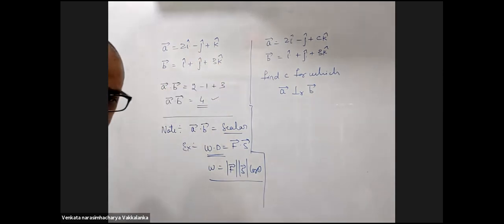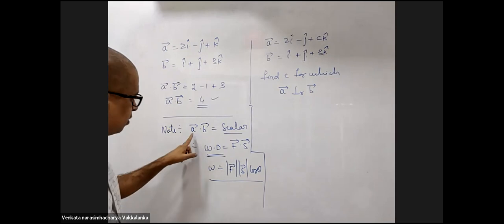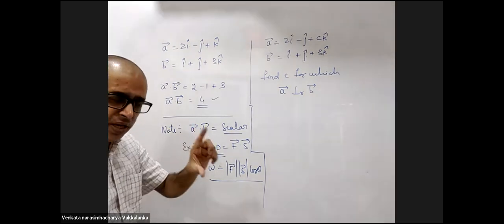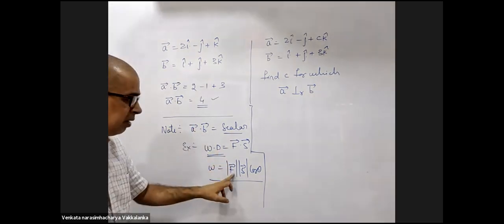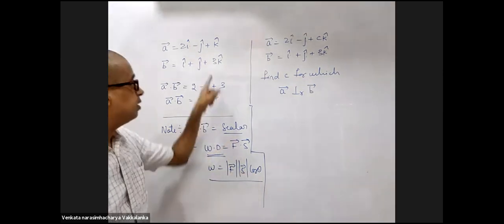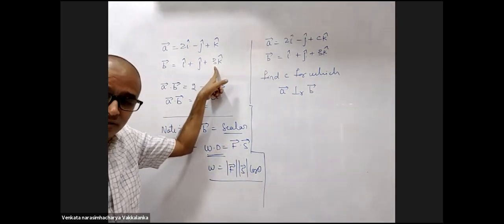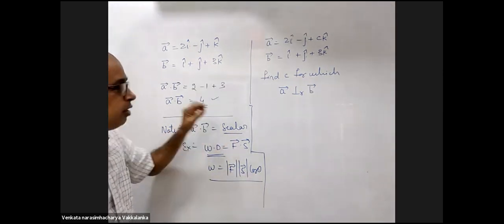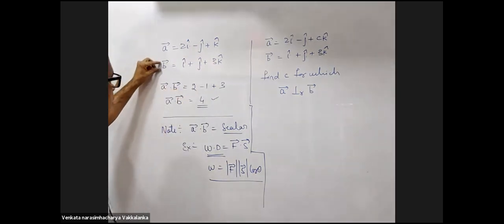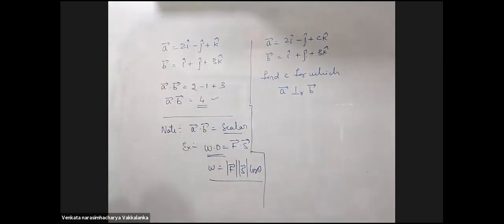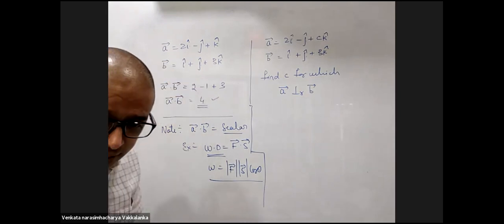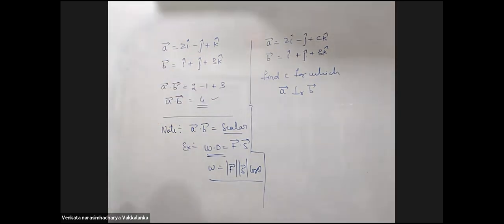K dot I 0. J dot I 0. J dot K 0. There are two ways of giving you a vector. Suppose I give you the magnitudes of A and B and the angle between them. Then you will multiply both the magnitudes and cos theta. If I give you Cartesian coordinates or position coordinates, then you will not calculate the magnitude and then multiply with cos theta. Directly multiply the coefficients of I, J, K. Okay, sir.